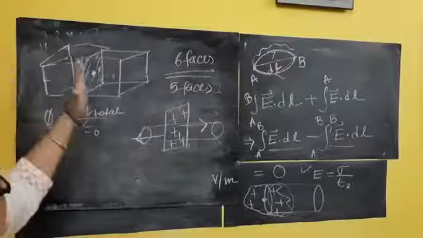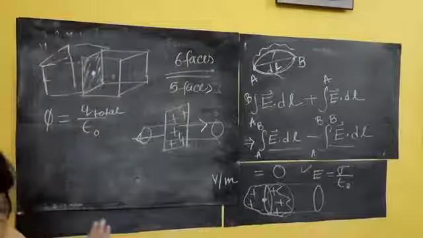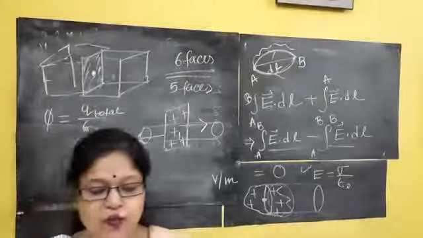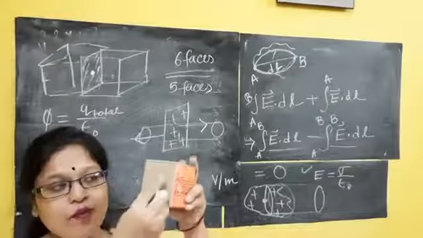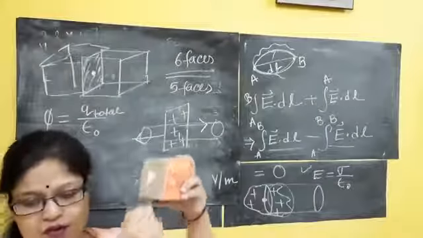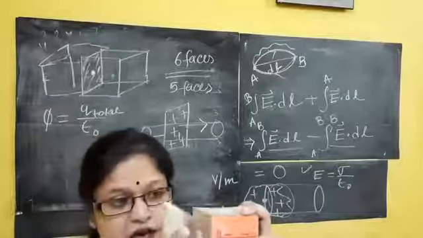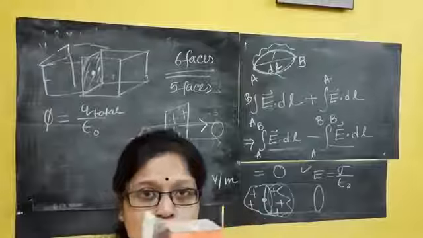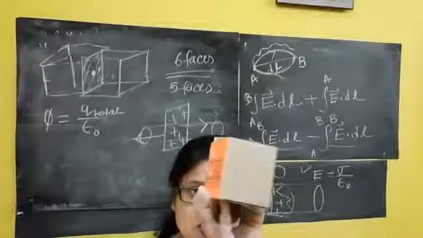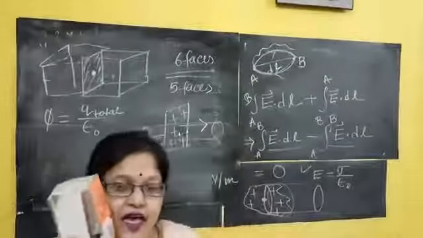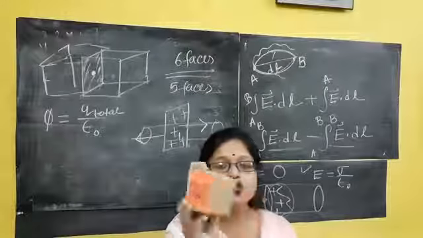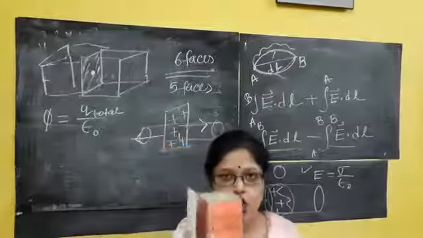So this is my one cube. So here I am having my charge. I am keeping another cube surface here. Clear? So the charge is fully closed. No confusion. Now easily I can apply my Gauss's theorem. So when the charge is fully closed,